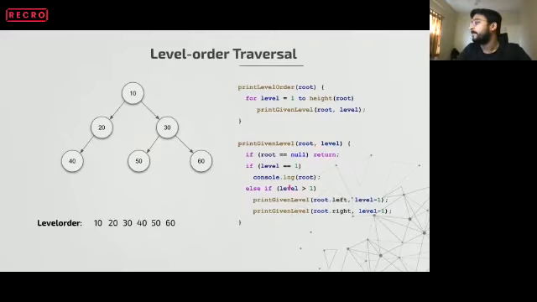Hence we'll know, okay, finally we have reached our desired level, and we are supposed to process the root. So let's try to complete this particular problem. We started with 10, and we have already processed the left subtree, and we are supposed to process the right subtree of it, correct?